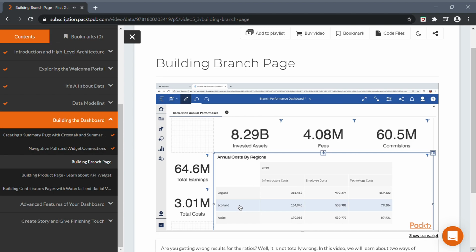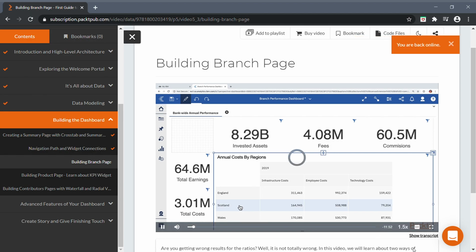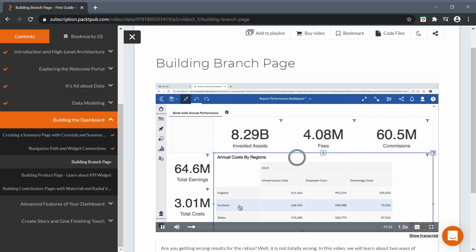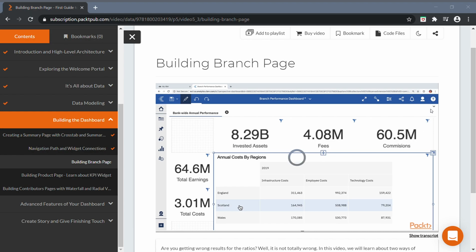While this grid gives us the ability to drill all the way down to branch, it doesn't give us comparison between all the branches across all the three regions. For example, if I right click on Scotland and then navigate to